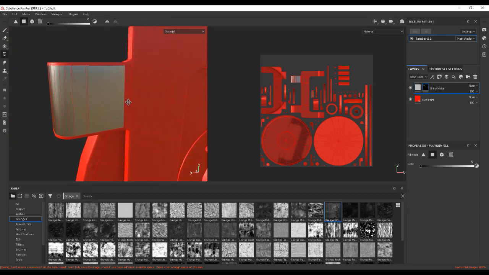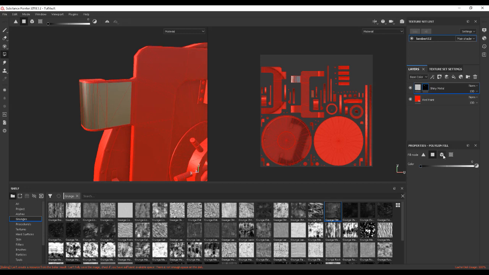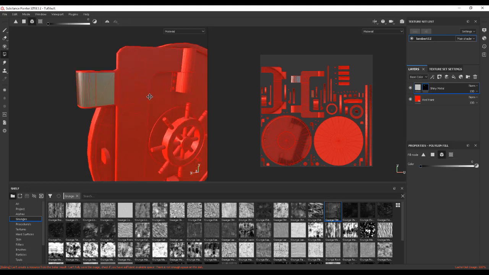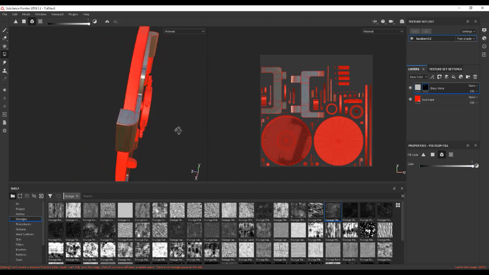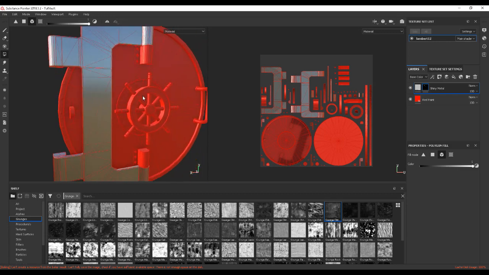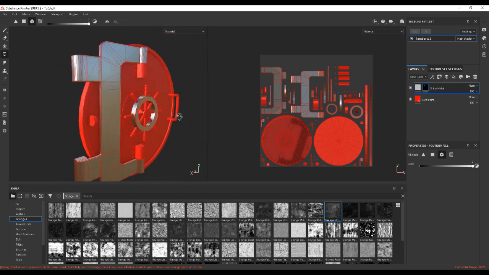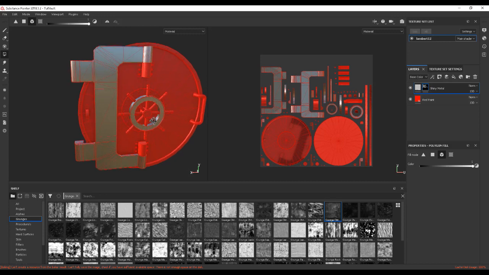Okay, so I can do it that way. I can go onto a mesh fill. So if this is a separate mesh, it's not welded on, I could just click on, change this back to white, click on that whole thing, and then we get the entire mesh. So click on that, for example, to get those areas. Or if I just wanted to get a certain area